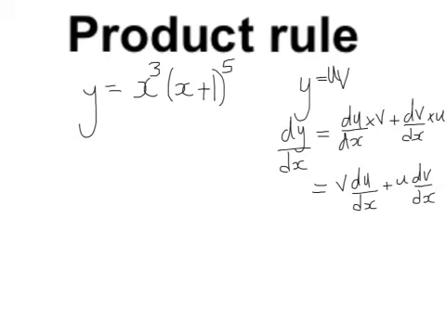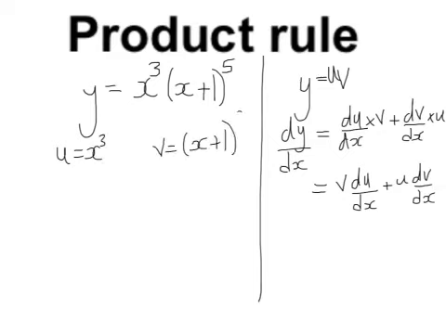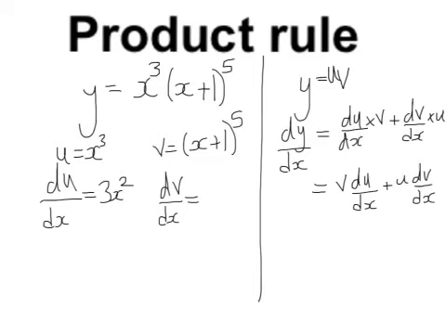So let's look in practice at what that would look like with our example. In our situation, we could say that u equals x cubed and v equals (x plus 1) all to the power of 5. Now, if we differentiate u with respect to x, we're going to get 3x squared. And to differentiate v with respect to x, we'd use the chain rule. And if you remember how to do that, we're first of all going to differentiate what's inside the brackets. The derivative of that is just 1. And we're going to multiply it by